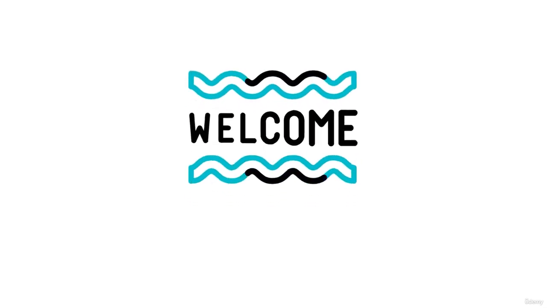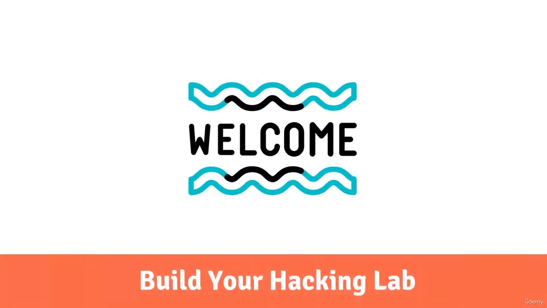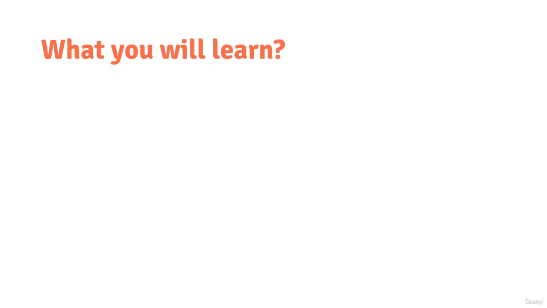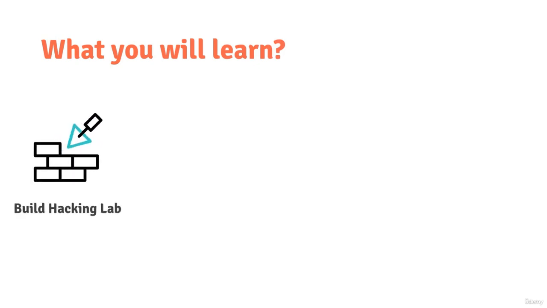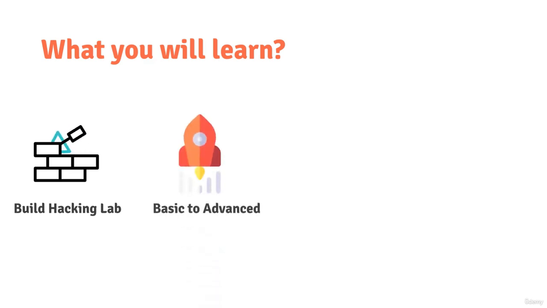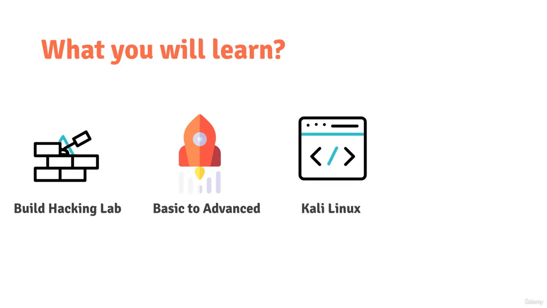So in this lecture we are going to learn all about setting up our hacking lab. This main section has 4 different parts. First, we will learn how to build our hacking environment. Then we will learn everything about the hacking lab. After that, we are going to cover Kali Linux. Kali Linux is a hacking operating system which is widely used by hackers, and we will learn everything about Kali Linux from beginner to advanced. And last but not least, some basic customization like increasing our internet speed so that we can work